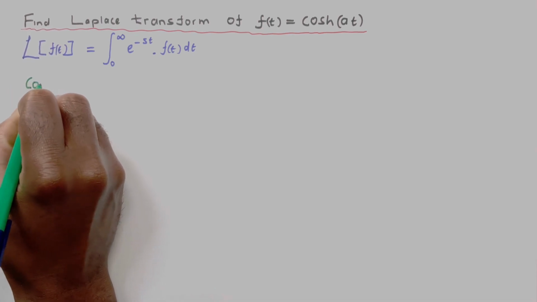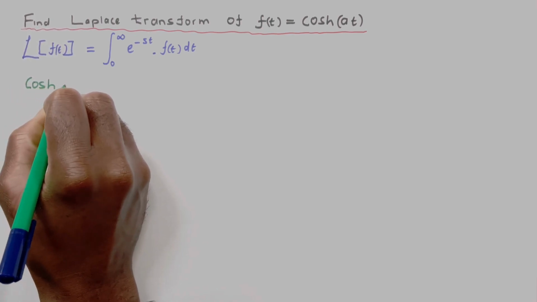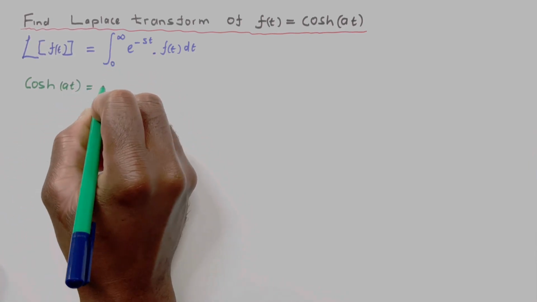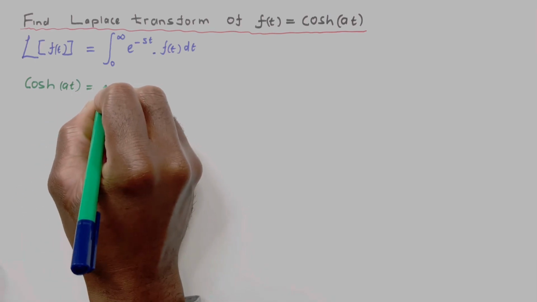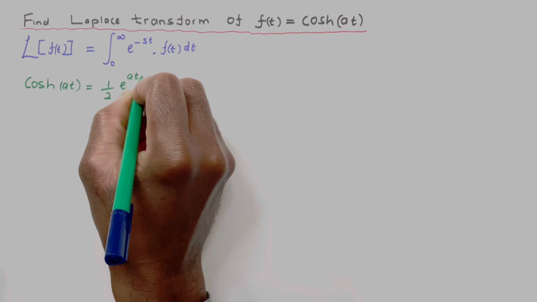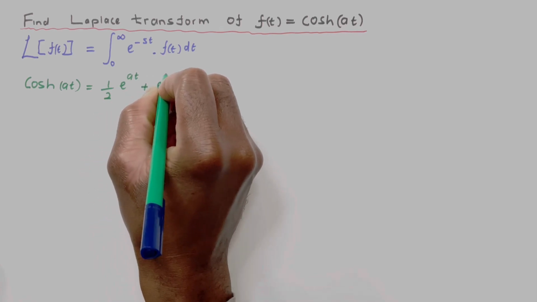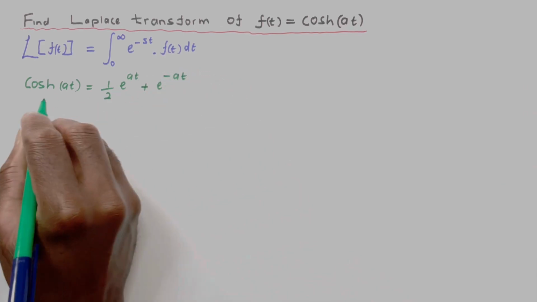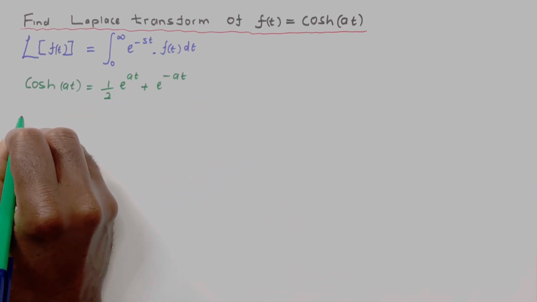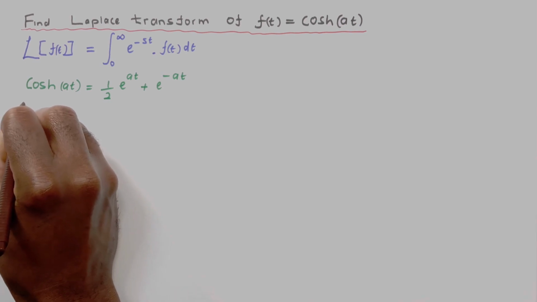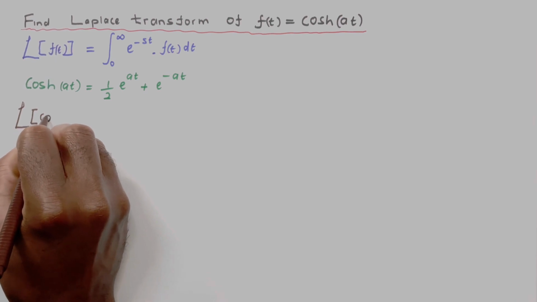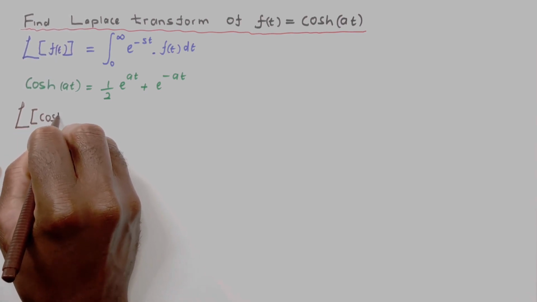We can write cosh at in terms of the exponential function. That's a half, e to the power at plus e to the power minus at. And so we can replace the f of t with the cosh of at exponential function. Laplace of cosh at